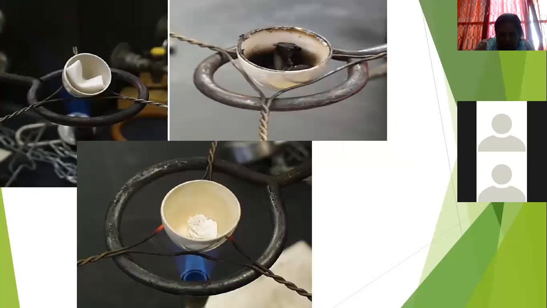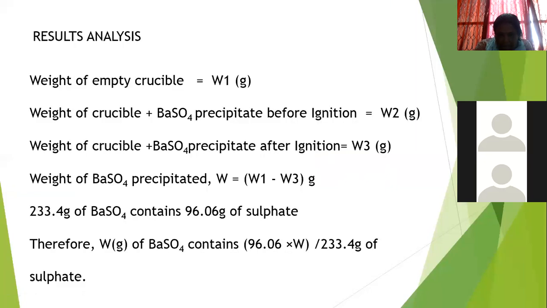And I have not shown you that on this crucible, one small lid also should be kept. It is very difficult to handle this experiment. And you should take the lid also so that no dust particle gets added to this precipitate. No dust particle should fall on this precipitate. You will have to take that much care. So you will have to heat the lid also. And this is the calculation.